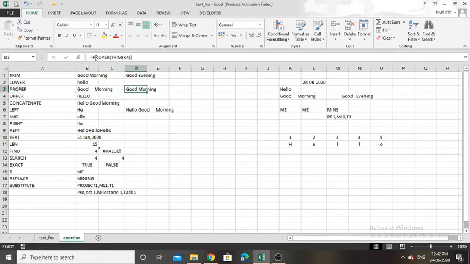As you can see, the updated function in the formula bar is proper of trim of K4. What will this function do? It will trim the spaces between good and morning, and also convert the text into proper case. Okay.